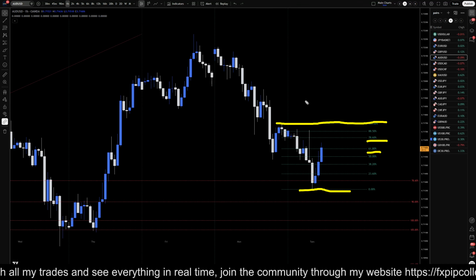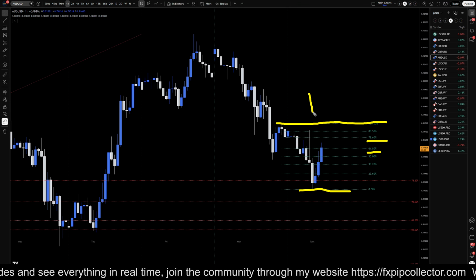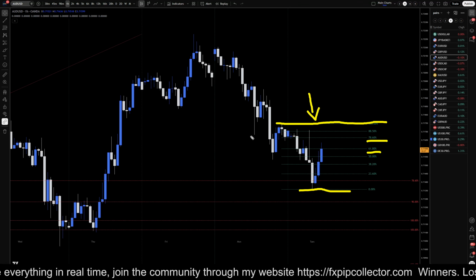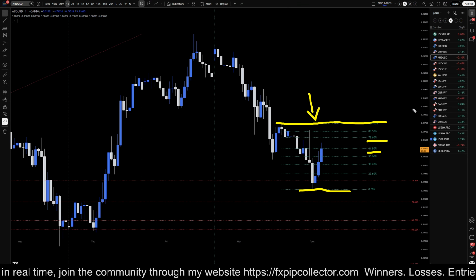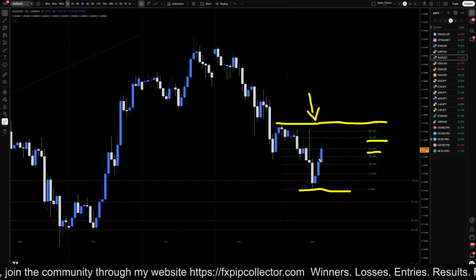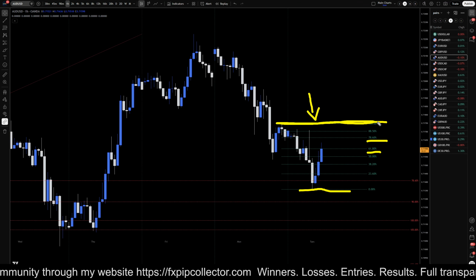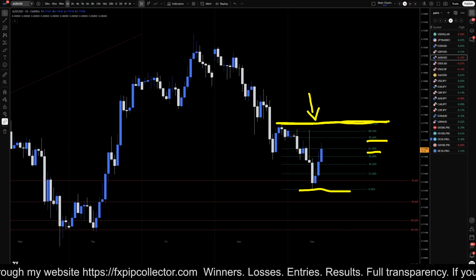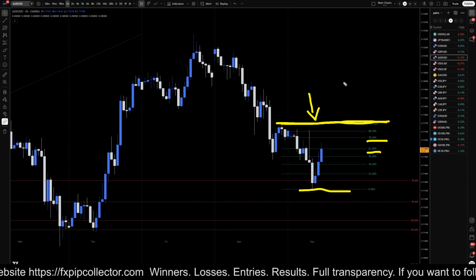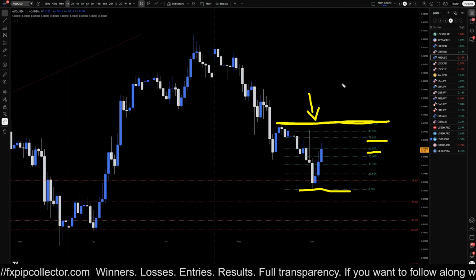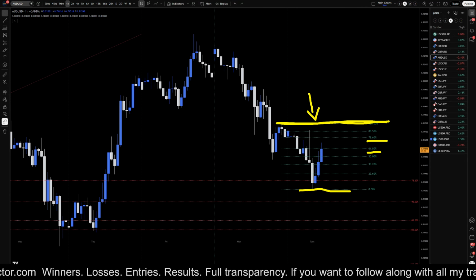If it really is in a downtrend on the higher time frames, then it really shouldn't break this high. If it does break this high, then that may invalidate the higher time frame analysis. It potentially could go up, break this high, reject this high, and then continue the downtrend. But if it breaks and holds above this high, then most likely it's potentially heading back up on the higher time